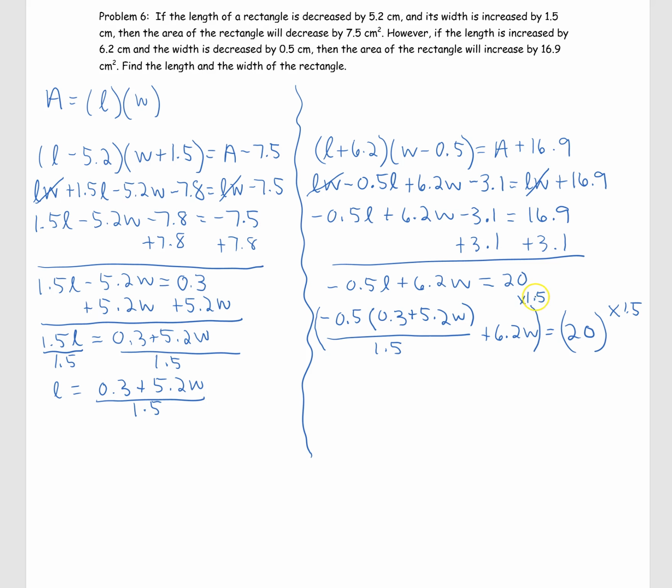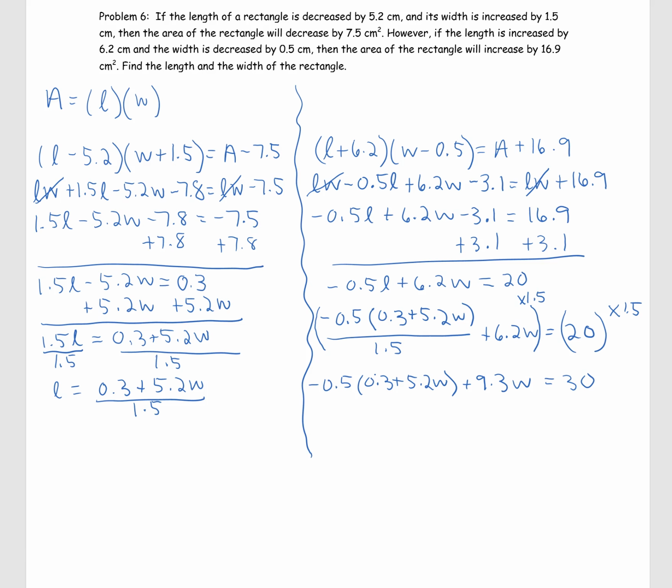So multiplying this 1.5 in to this first term just gets rid of the 1.5 on the bottom. And what I'm left with is negative 0.5 times 0.3 plus 5.2 W. And then 1.5 times 6.2 W is 9.3 W. And 1.5 times 20 is 30. So we can see now we've gotten rid of our fraction here. And what I want to do next is multiply the 0.5 into the brackets, and